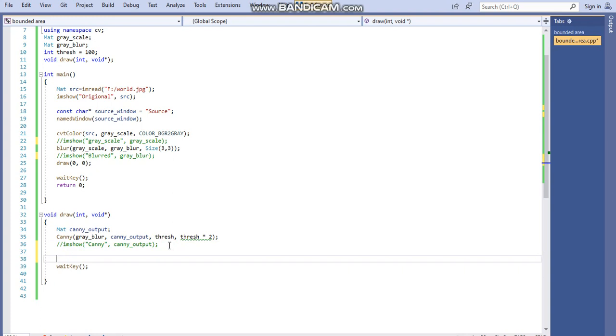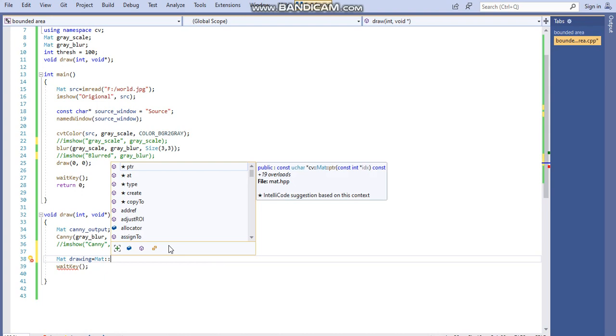Now we have to draw the image. Where do we have to draw it? On a Mat, suppose the variable name is drawing. Then Mat double colon zeros.